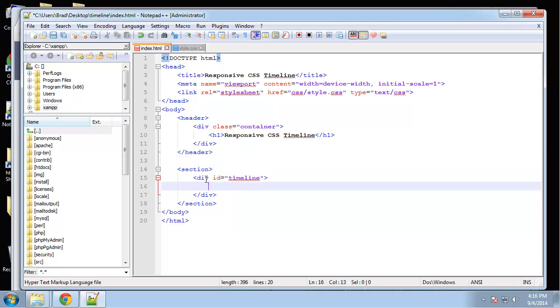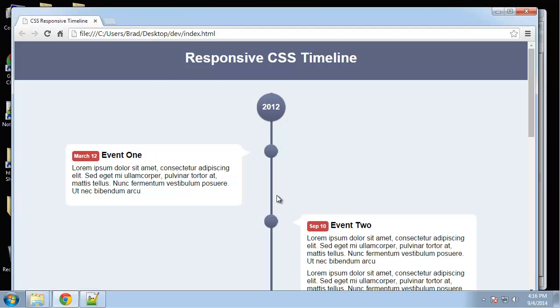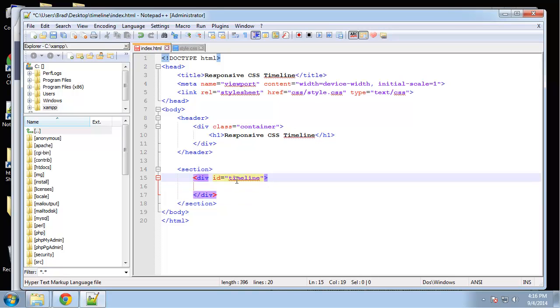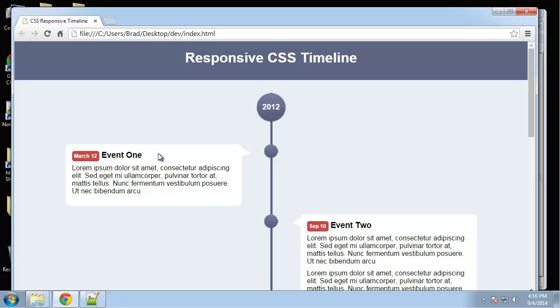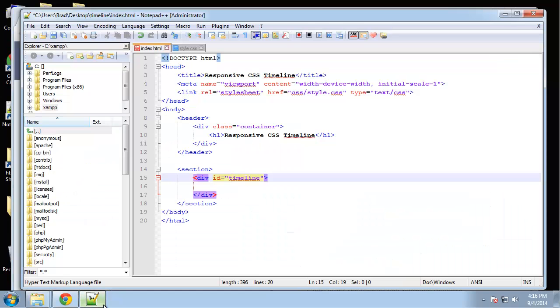Alright, and this is where we're going to set the background image to be this line, the line in the middle. And we're also going to set a minimum height, so that even if there are no events, it's still going to show the line. And let's see, what do we need inside of the timeline? We're going to create